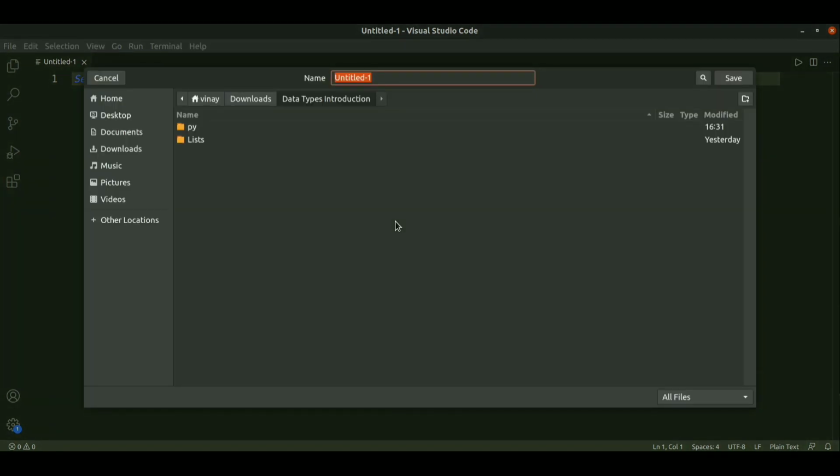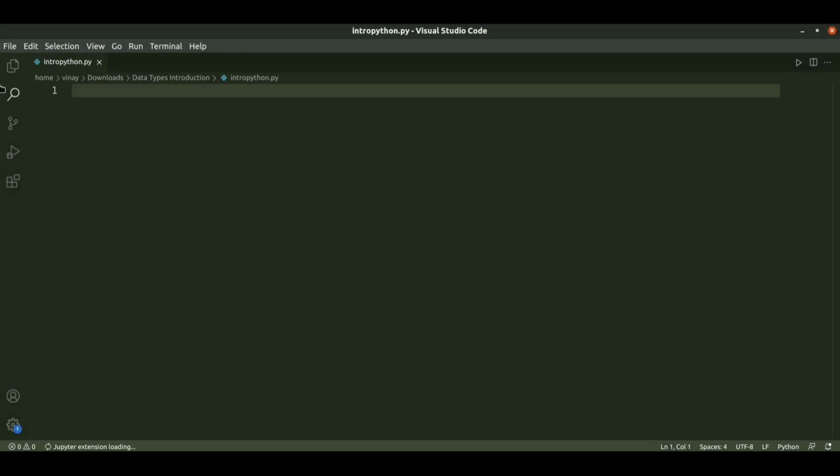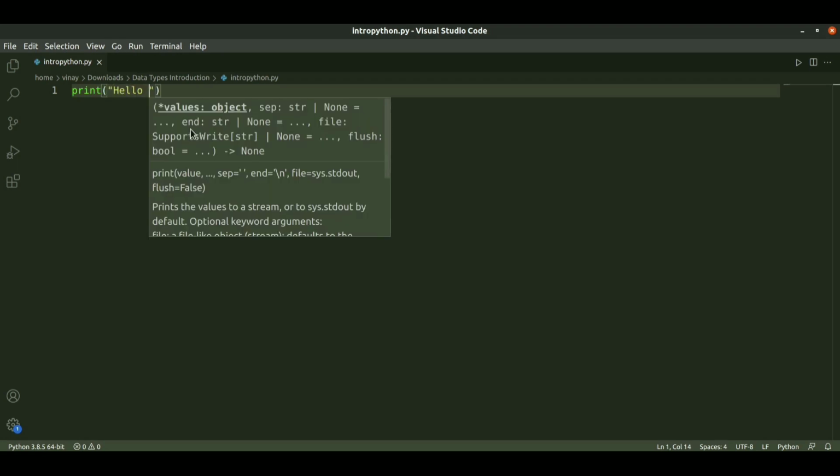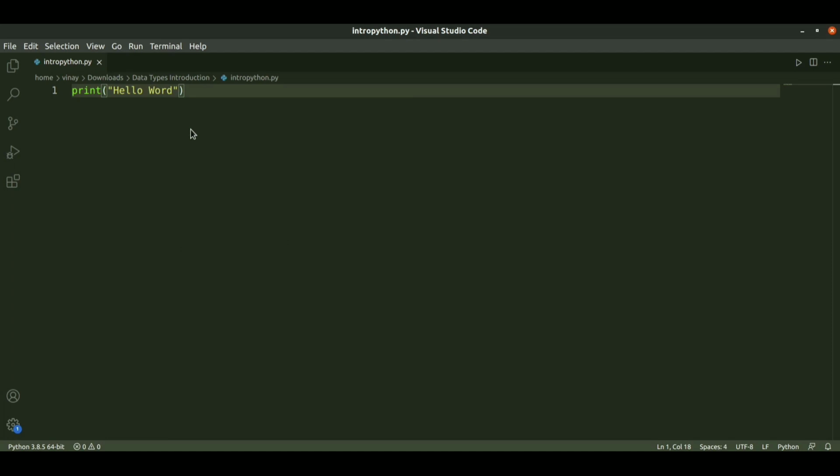The hotkey is similarly Ctrl S, and you can save it as .py. In order to create a Python file, use the .py extension after the file name and click Enter. Here you can find that our Python file is created, and here you can type and code.